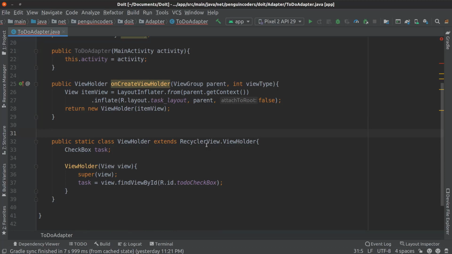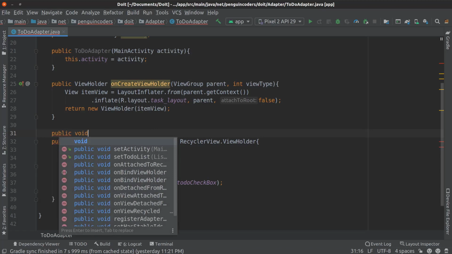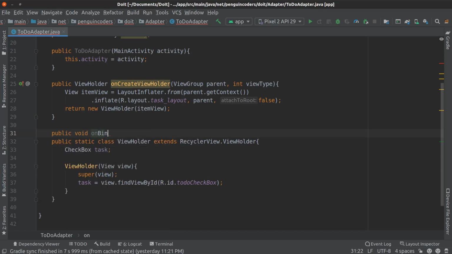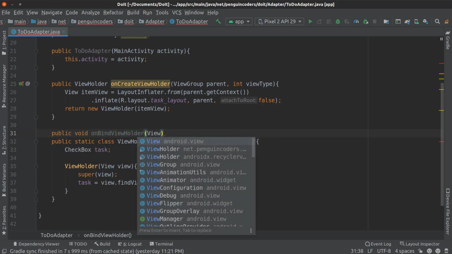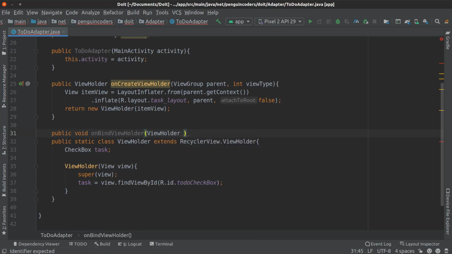Now everything is done. So now I need to define some more functions here. The on create view holder is done. I need to define the on bind view holder function. So I'll write a public void on bind view holder, and this will be view holder and int position.